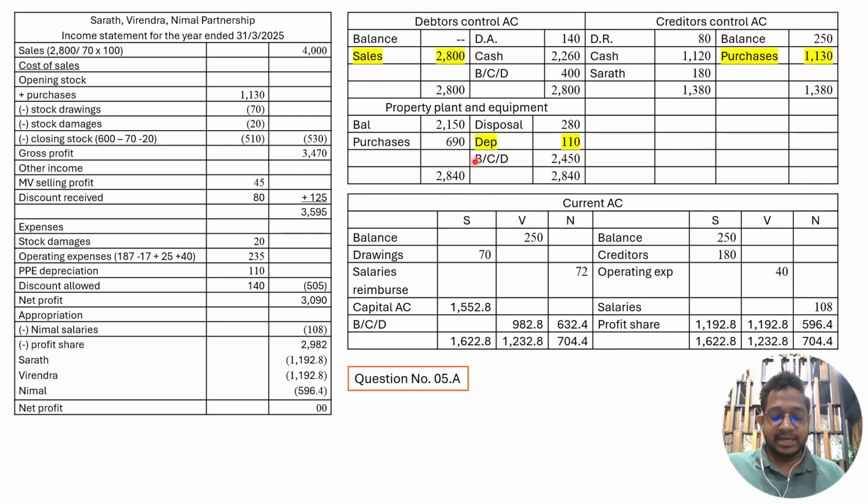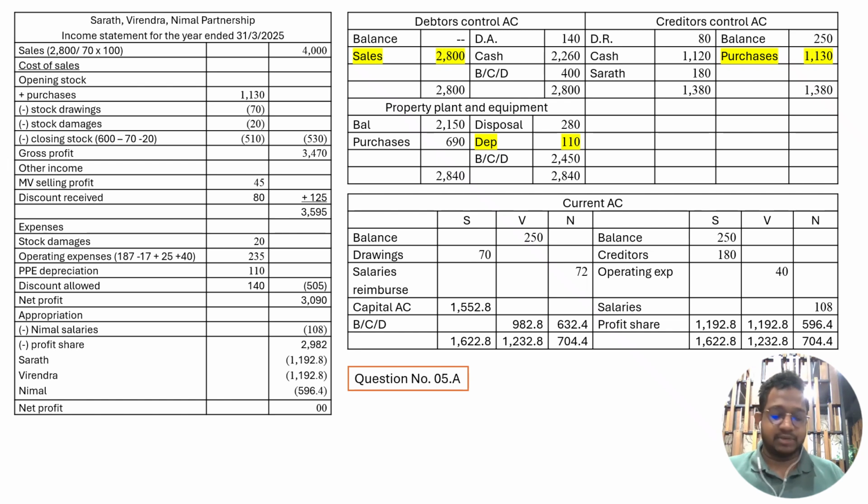And then you are again purchasing 690 of new office equipment. So balancing these, you can find out the property, plant and equipment depreciation here, and the property, plant and equipment depreciation you should consider as an expense. So after recording all those cases, you can find out the net profit. From that net profit, you have to exclude the salaries appropriated to Nimal, and the remaining amount you have to distribute as per the 2:1 profit ratio for Sarath, Virendra and Nimal, and those profit shares you should credit to